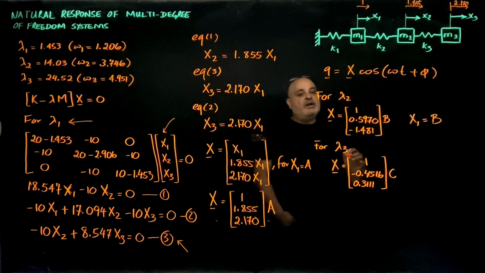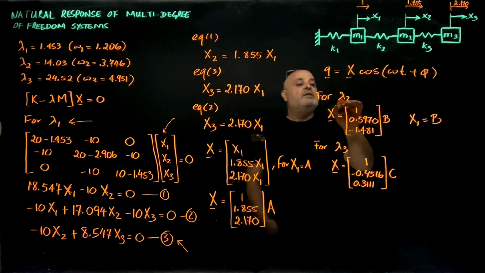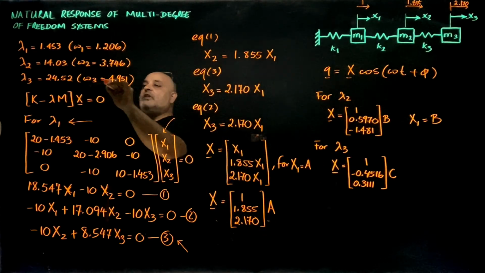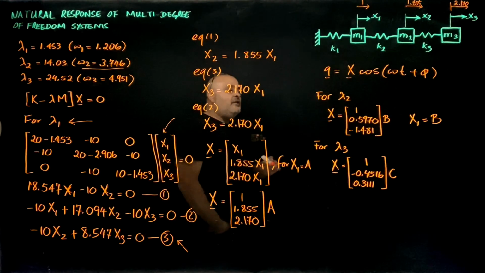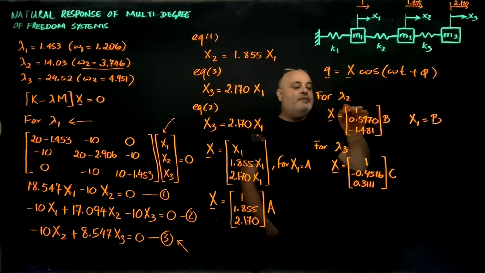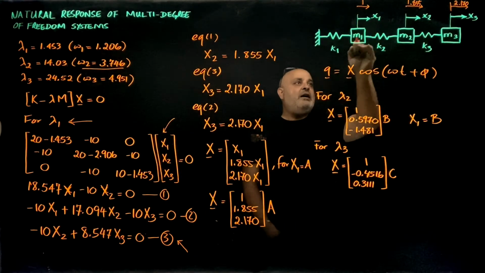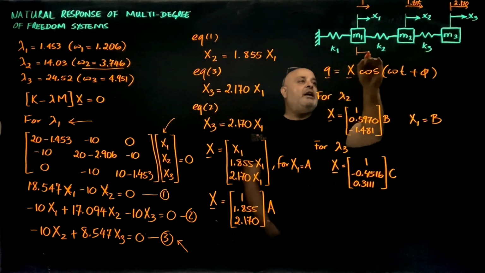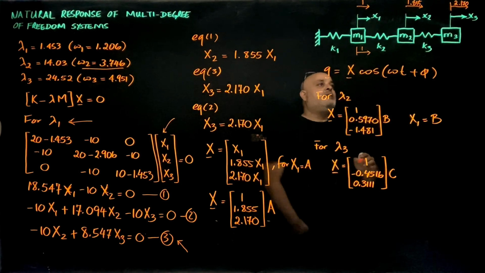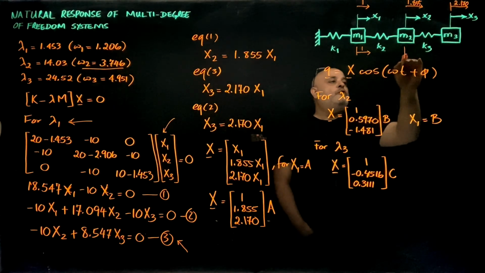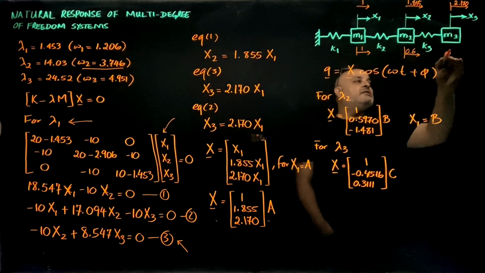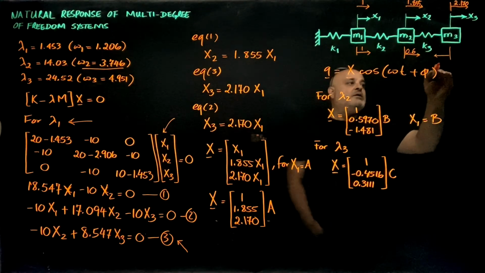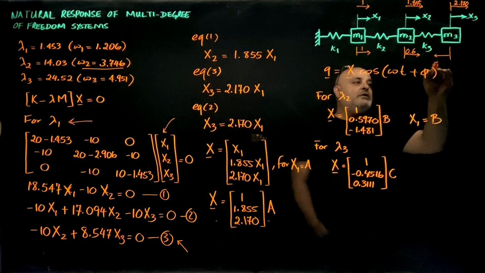This means that if the response is omega 2 or lambda 2 at this frequency, then if mass 1 moves with an amplitude of 1, x2 will move to the right with an amplitude of approximately 0.6, but x3 will move in the opposite direction with an amplitude of negative